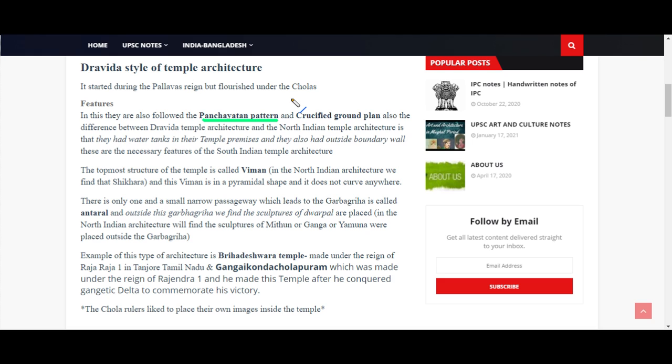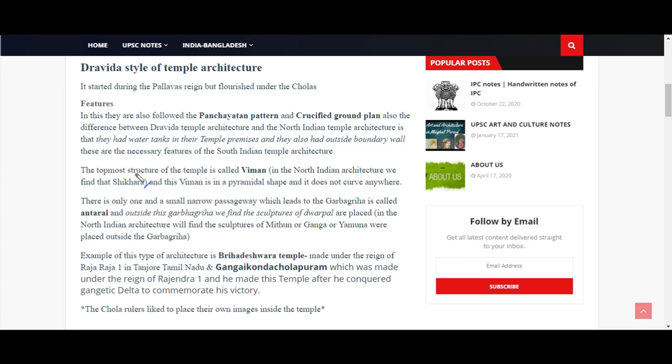Alright, now we move ahead. They also use the cruciform ground plan. This also we have seen in the Nagara style of temple architecture. But there were some differences between the temple architecture in North India and South India. One of the differences was that in southern India they used to have large water tanks inside their temple premises, and they also had an outside boundary wall, both of which were absent in the